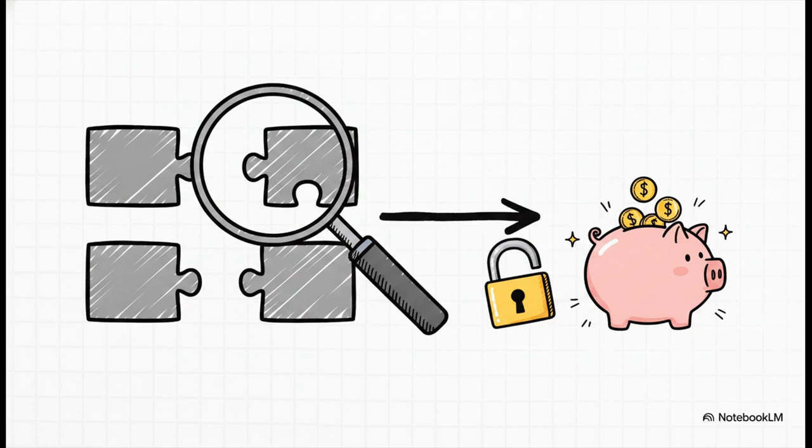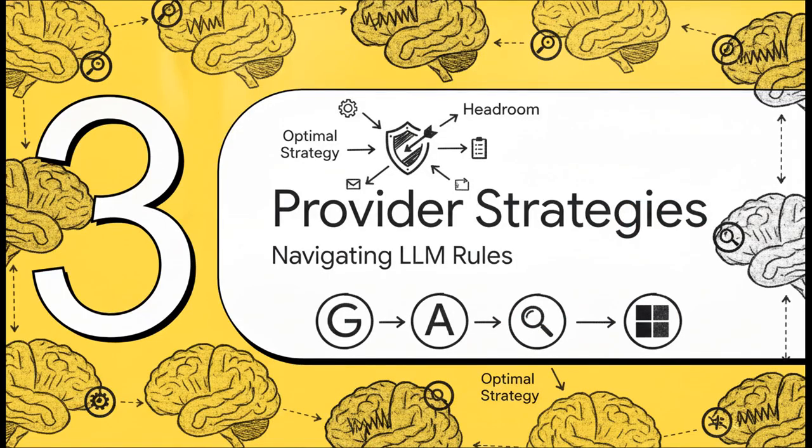By ensuring the front-loaded content never shifts, CacheAligner guarantees that the provider's KV cache actually hits successfully, which is exactly what unlocks those massive discounts we were talking about earlier. Okay, moving to Section 3. What's really interesting about this next part is navigating the different LLM rules, because every provider handles this a bit